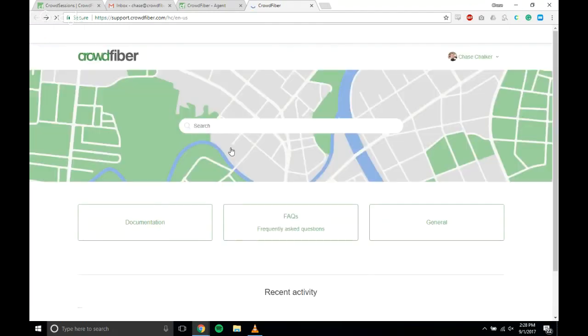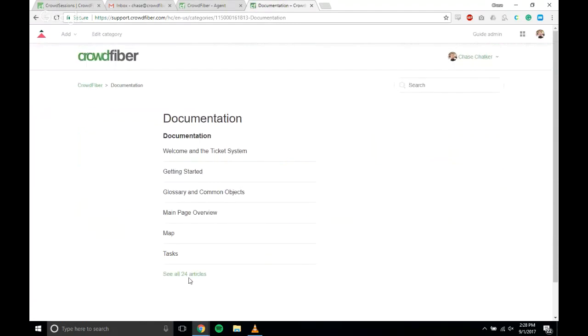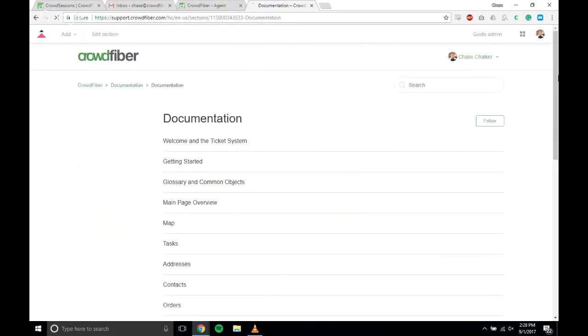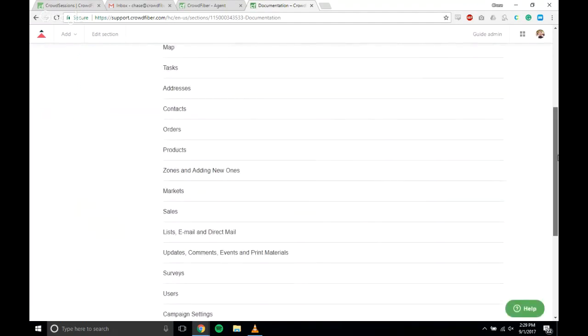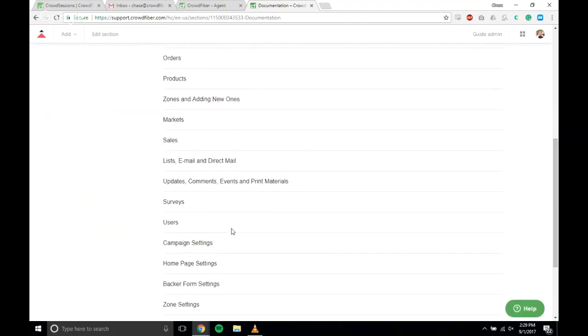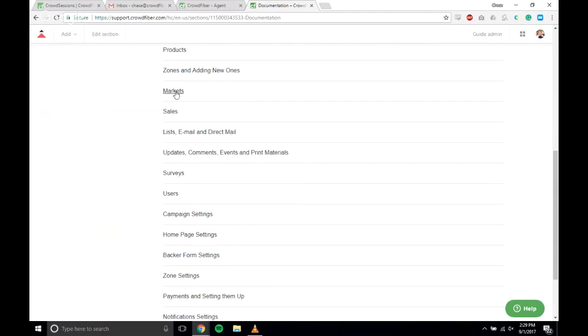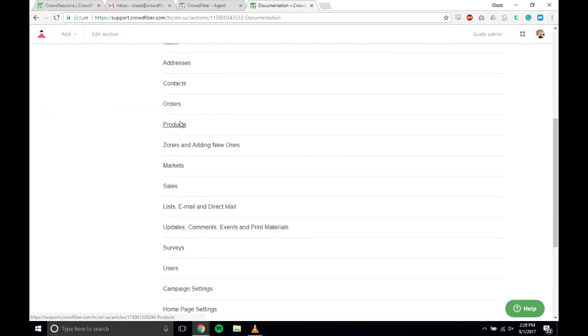And then, of course, we have, like I mentioned before, our actual full-blown documentation in here, split into different parts. It looks like about 30 articles. And there's an article essentially for every single top level page in the system. So you have your home page settings, the markets page, your products page. Let's hop into the products page, because this one is one where I wrote a particularly large amount of stuff